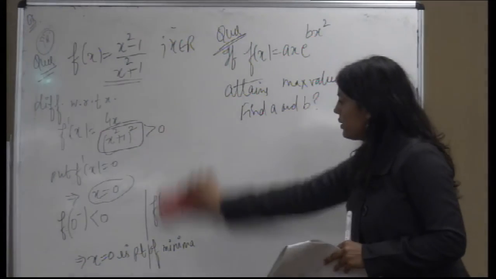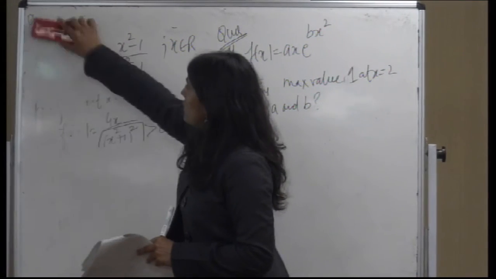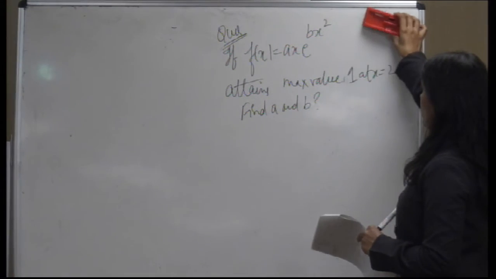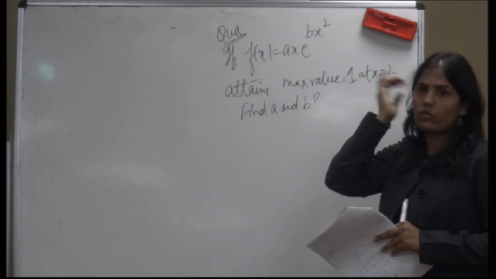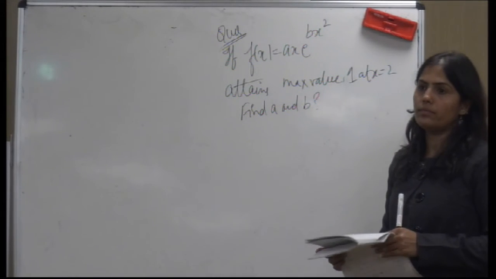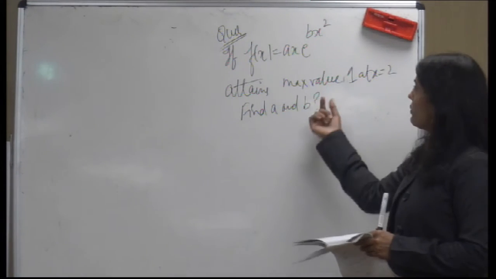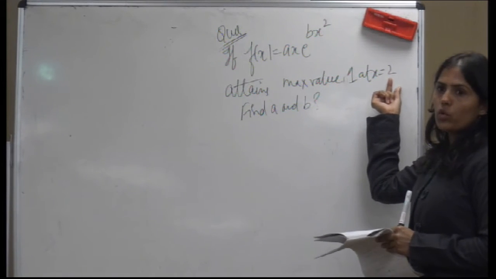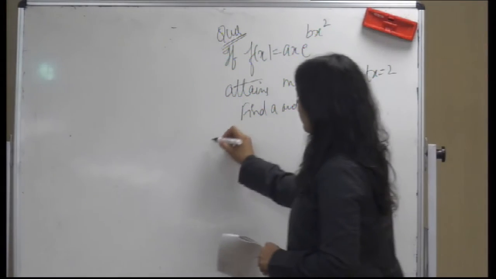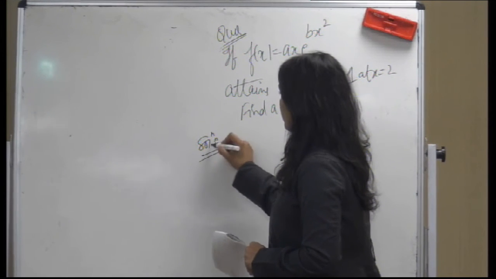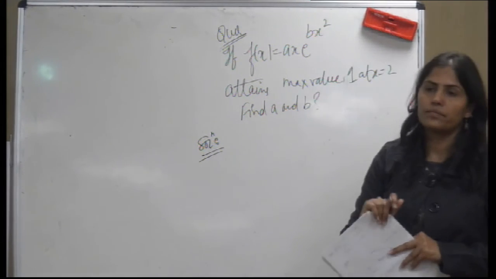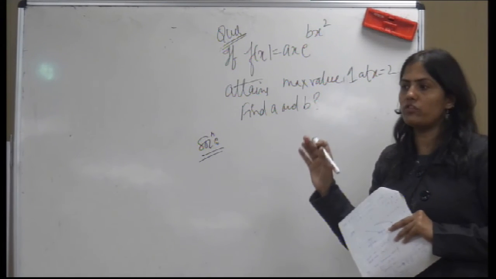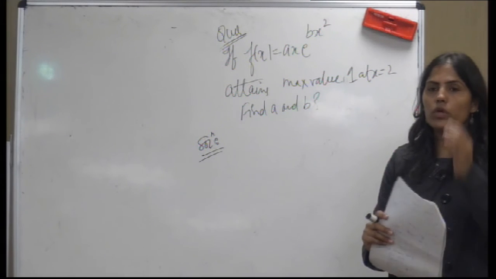Is this function continuous? a x e to the power b x square. I don't know the values of a and b. The only thing is that the maximum value is 1 at x equal to 2. What does it mean? You want to try? Okay, do it. Because you have two unknowns, you need two equations. So the two equations will be